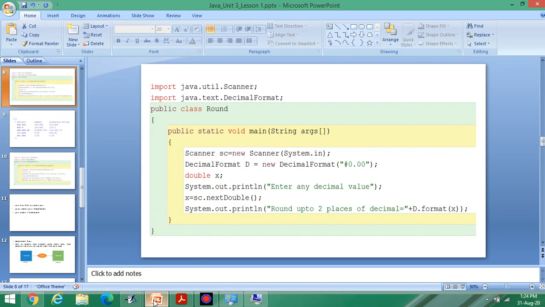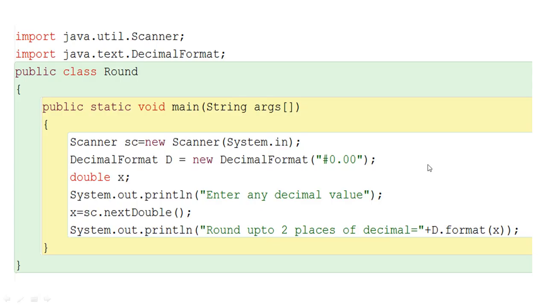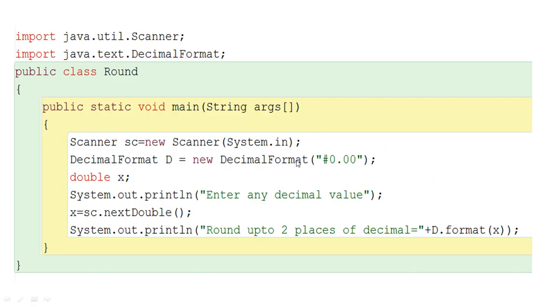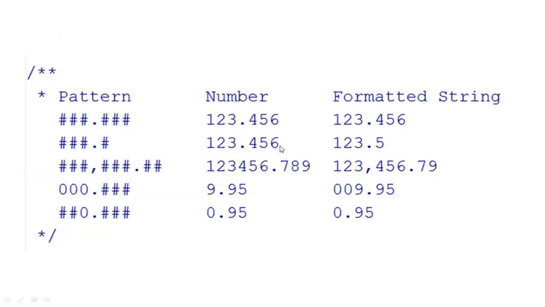Now, various other formats are also available. These are the patterns. Suppose I am using this pattern inside this one, DecimalFormat.format. If I am using this format, or you can say pattern, 123.456, you can print the data like this.